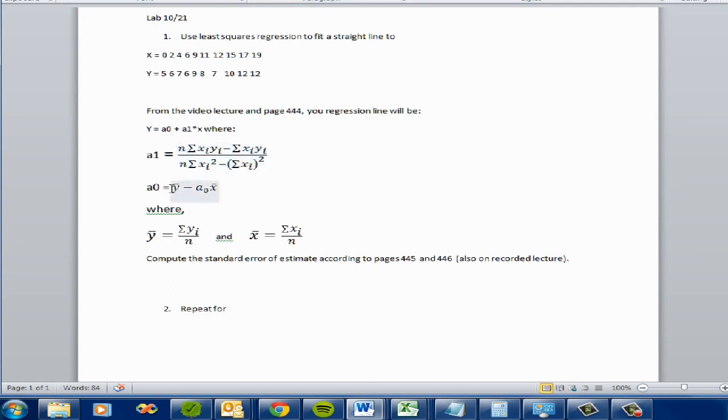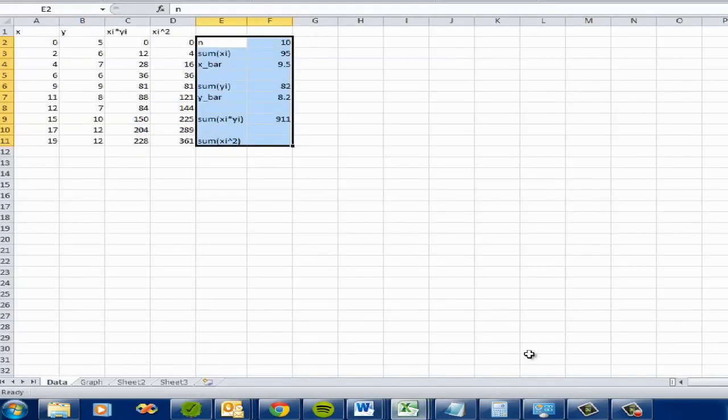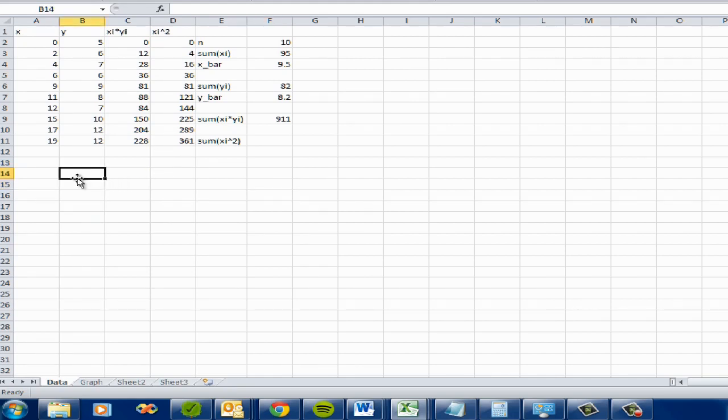And we have our a naught coefficients. Okay, so we're basically building this equation here so that we can ultimately get an equation like this that fits a line to the data. And these equations are derived in the video lecture that you guys have. Okay, so we have the sum of xi squared, and here we can just start to get our a1,